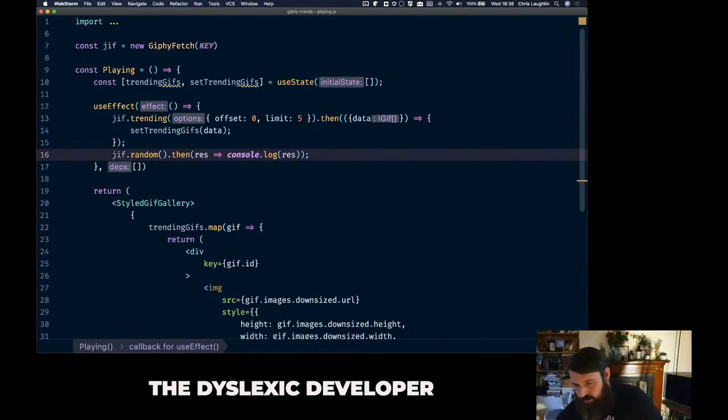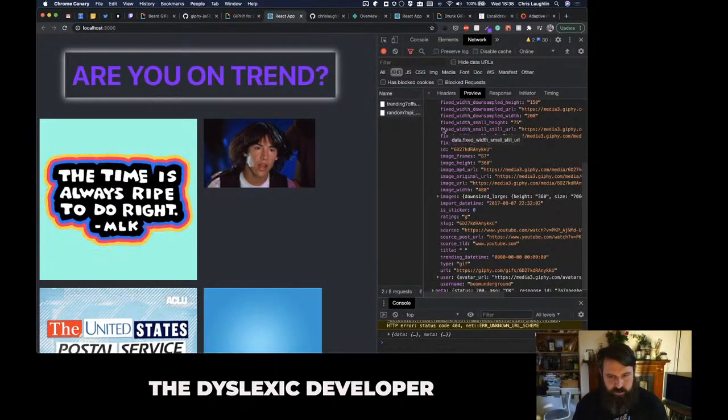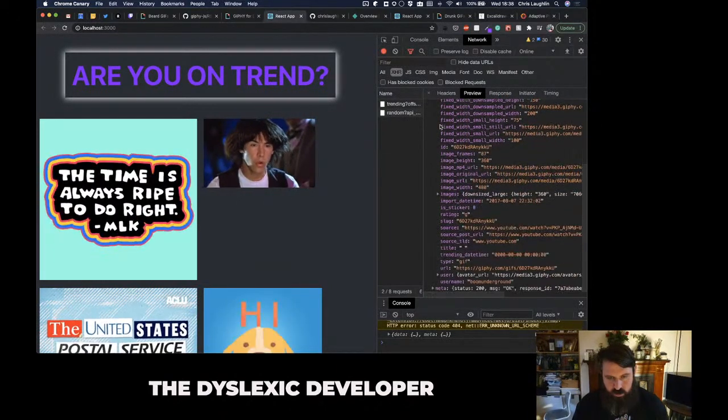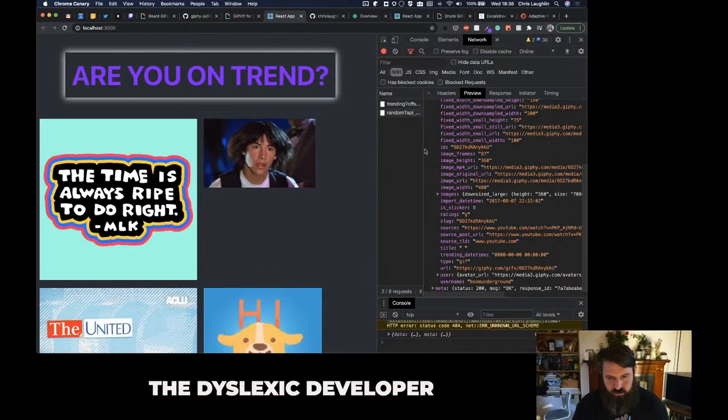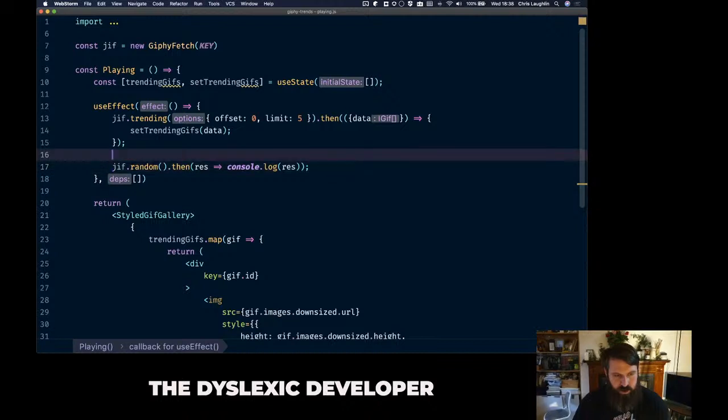So let's see. So we get random. I'm pretty sure it gives us the same data. Yeah, this is the most dirty way to do it, but let's create a random array that's going to be empty by default,